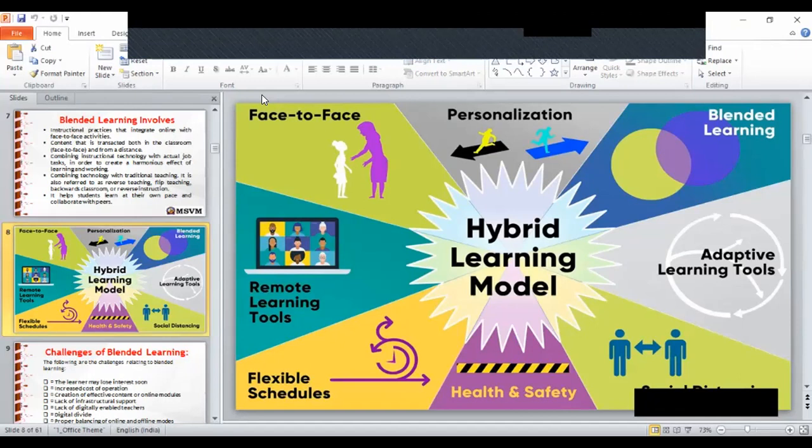As the concept lays down, the basic tools needed to implement blended learning are a smartphone or a laptop with an internet facility and enough online content. The tools or platforms needed for blended learning are Google Classroom, Padlets, Jamboard, online forms, PPTs, and online learning-based games. I think you all know very well, like MS Teams, Microsoft.